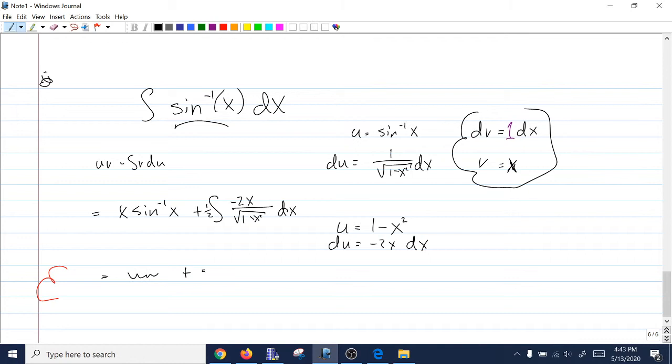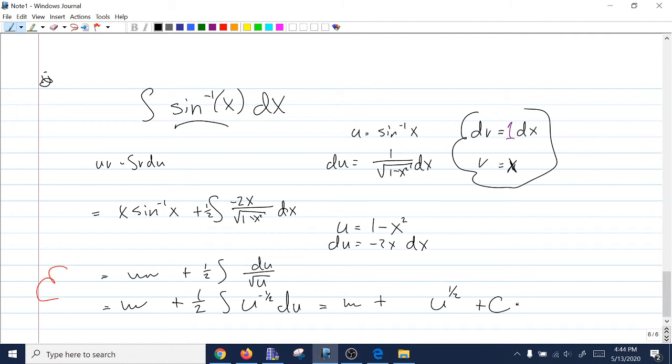Equals stuff plus 1/2 integral of, that becomes square root u on bottom, negative 2x dx all becomes du. I'm integrating 1 over square root u. This is a power rule problem. This is the integral of u to the negative 1/2. The integral of u to the negative 1/2 becomes u to the positive 1/2. Divide by a half. Well, hey, there's a 1/2 out there to cancel that one. It's just that plus